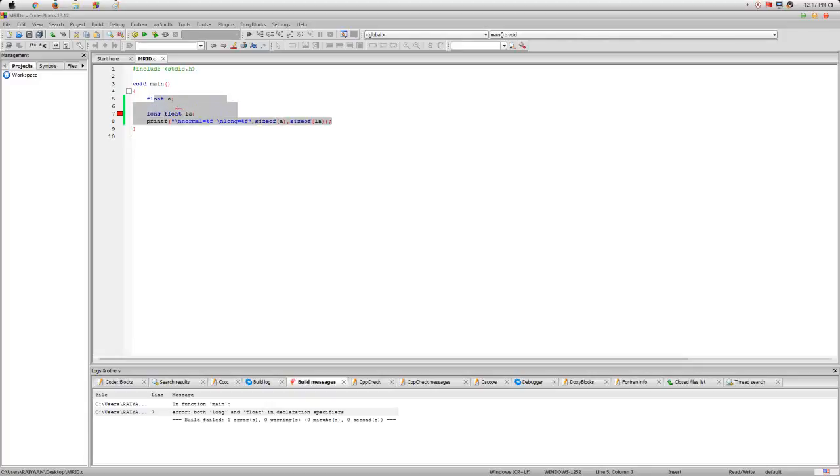If we use short, it will shorten the memory size. If we use long, it will increase the memory size. Now we will come to the specifiers. We will learn the specifiers for integer, float, double, and char